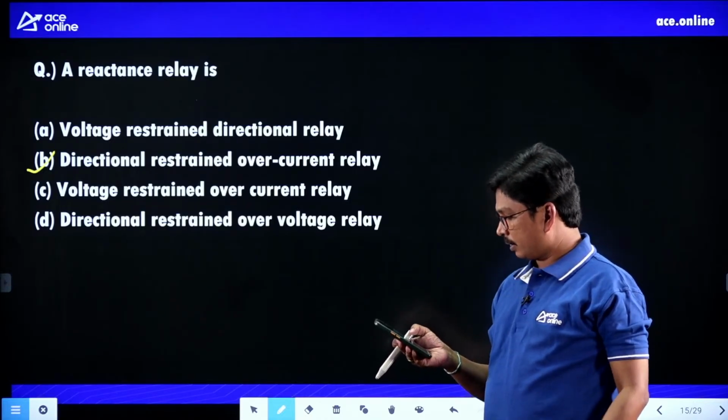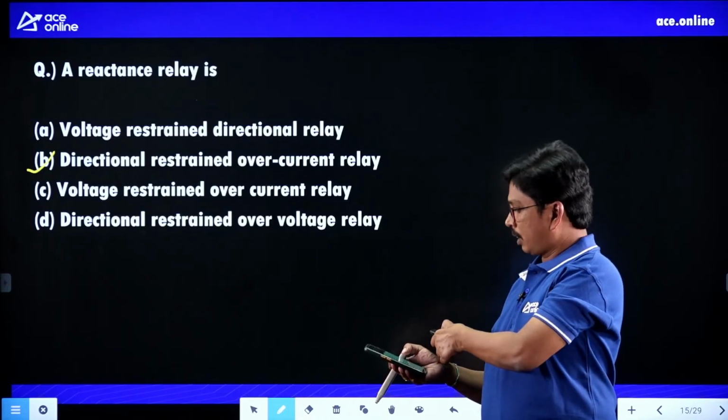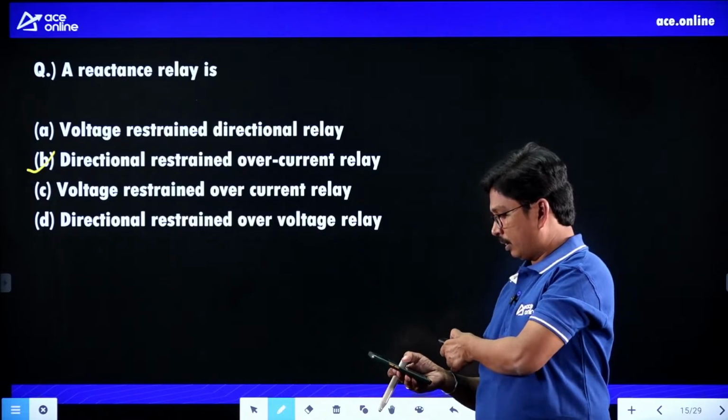Over current, over voltage, right? So I'm going for the next question now, right